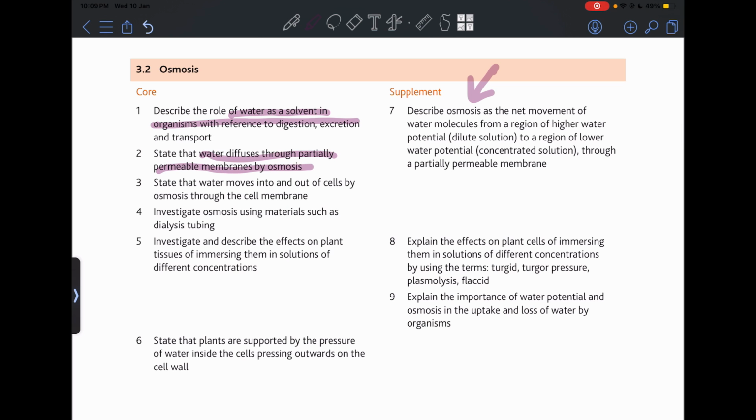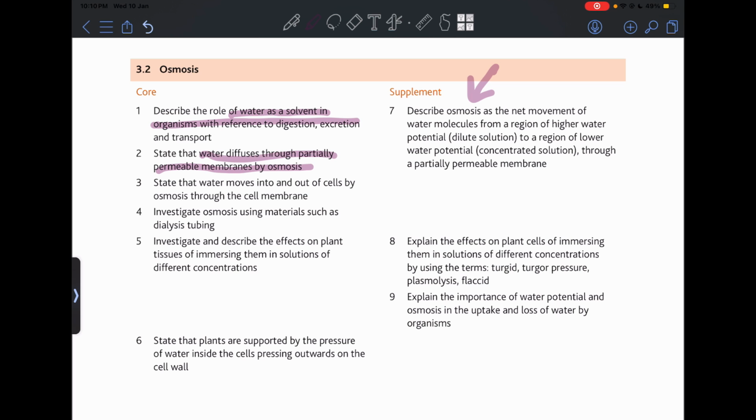Number 3 says state that water moves into and out of the cells by osmosis through the cell membrane. You have to investigate osmosis using materials such as dialysis tubing. So dialysis tubing, you have to understand the concept of dialysis tubing. This is something that is used to show an example of osmosis and how water can perform osmosis and how